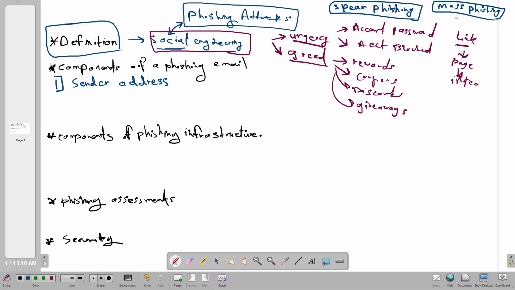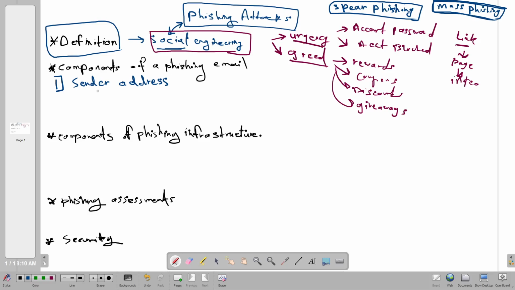What do they want from me? You could be the target of spear phishing, but most probably for public people, it's mass phishing. Attackers would send thousands of emails to thousands of people, and they wait for who will click on the link and submit information or download the attachment.